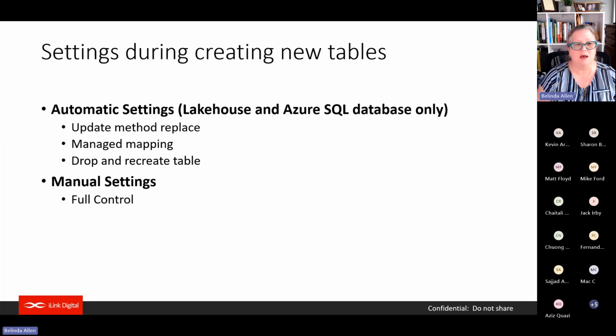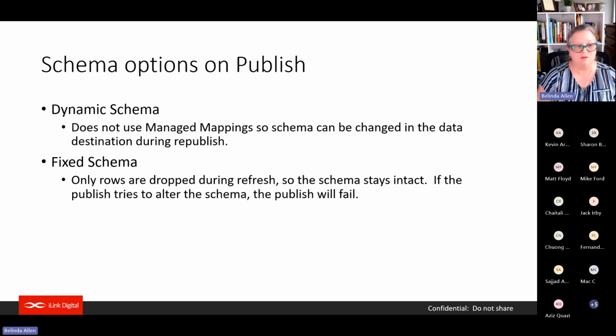They allow for different kinds of schema changes on the dataflow refresh. And you could even adjust the schema to be dynamic or fixed. Dynamic will allow the data to be changed on each refresh. So if the new refresh brings in an additional column or drops a column, it'll be dynamic to that.